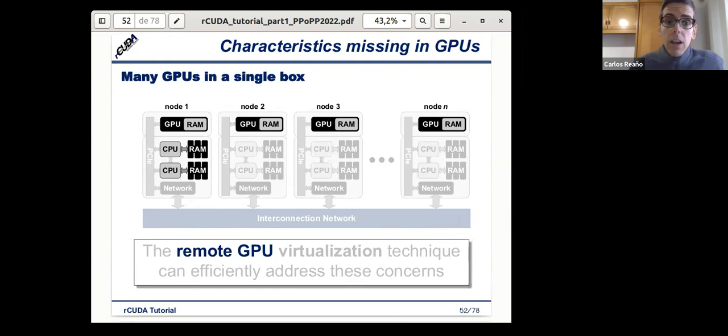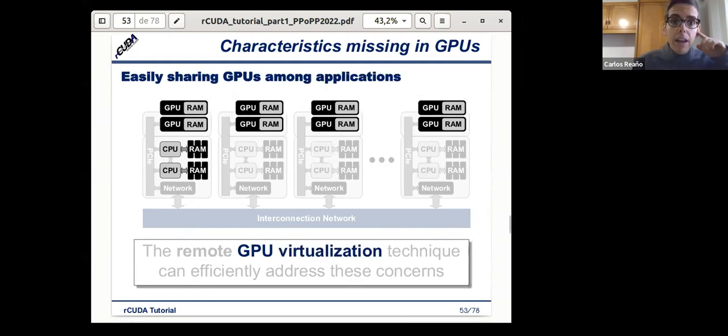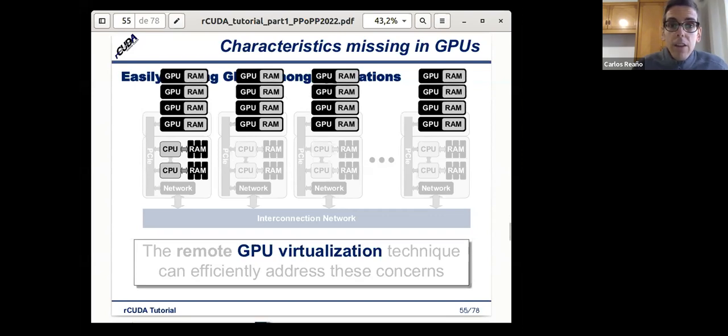This will be like having a virtual GPU. So if we have n nodes, each one with one GPU, in the end we will have n virtual GPUs per node. One will be the physical GPU of that node, and the rest will be the remote virtual GPUs from the rest of the servers.